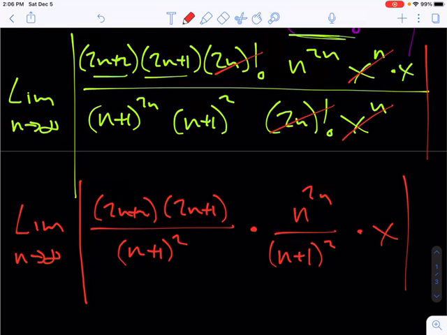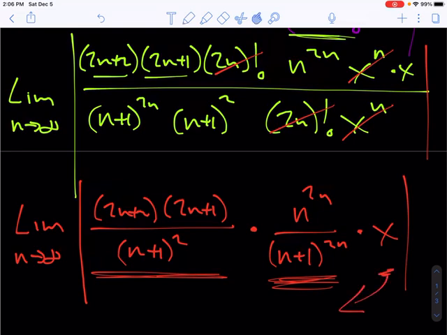The reason I'm grouping them this way is because these terms all are raised to the 2n power, and these are all just polynomials. And then we have our x. Now the x we're going to remove. So in the next step,